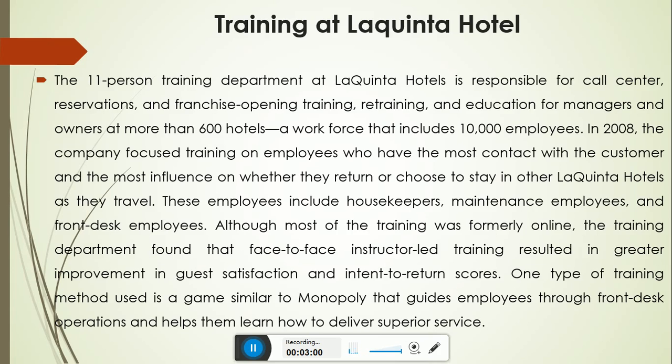When you enter a hotel, you're meeting a receptionist. If she or he is smiling at you and welcomes you in a very professional manner, it affects guests, because you are tired. If their services are good, cleaning services, maintenance services are fine, then you will be happy with the hotel. Because in other countries most of the hotels are rated, so they can rate the hotel on whatever website, 5-star, 2-star, 1-star. They can put a comment, so next time if anyone wants to book the hotel, they see the customer reviews are very low, most of the customers are complaining.